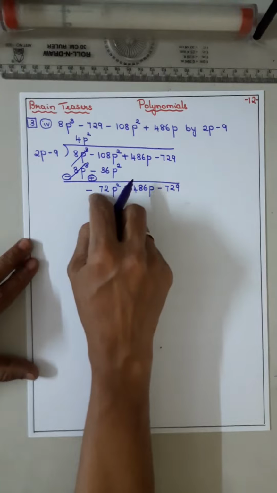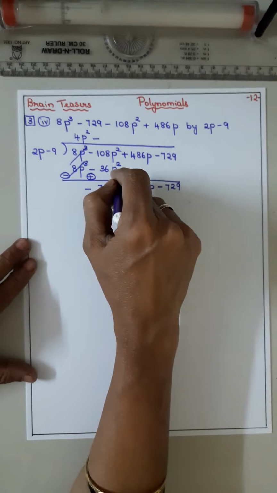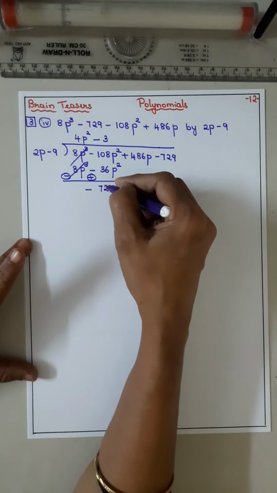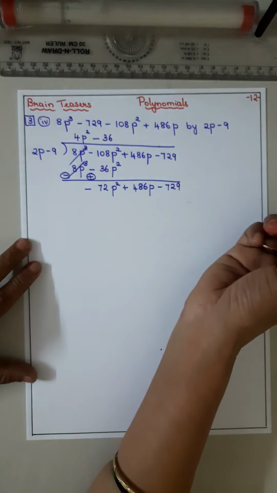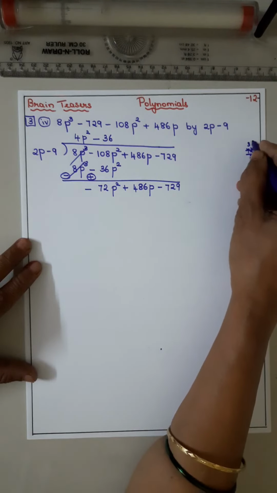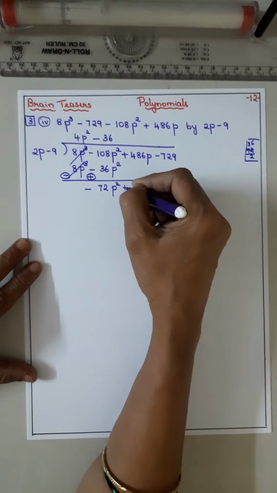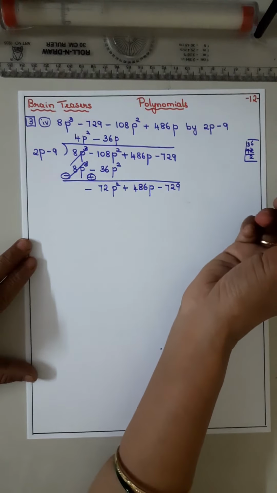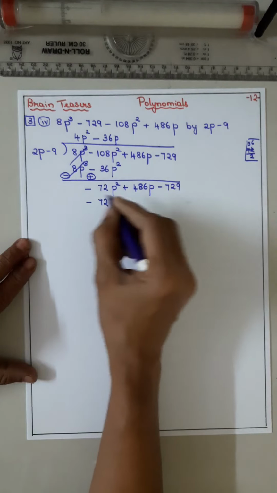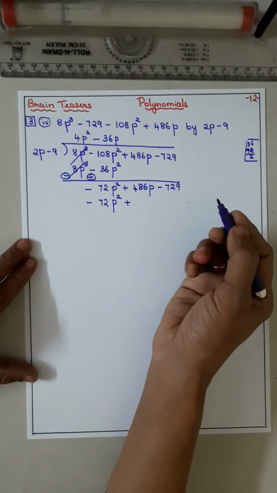Now plus minus, put minus. 2 how much times 72? 2 threes are 6, 1 remains, 1 and 2 is 12, 2 sixes are 12. It means 72 divided by 2. 2 threes are 6. So 36p, and p squared means here comes p. Now minus plus minus, 36 times 2 is 72, p into p squared, minus minus plus, isn't it?